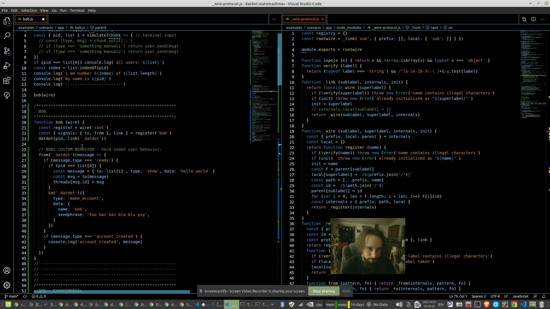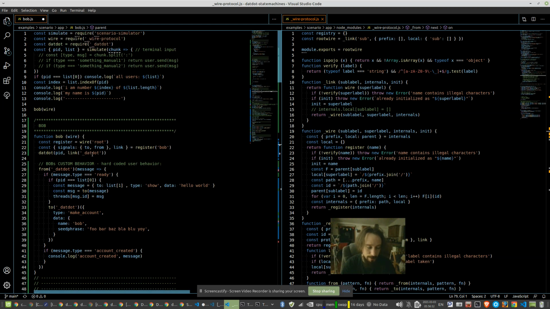So let's say Bob is a process and we start with it. Bob requires the module, and the point is to make some sort of custom protocol where that line is just a starting line. Bob gives himself a name, and then he gets three little tools. Two can be used to send messages, from can be used to receive messages, and link can be made to